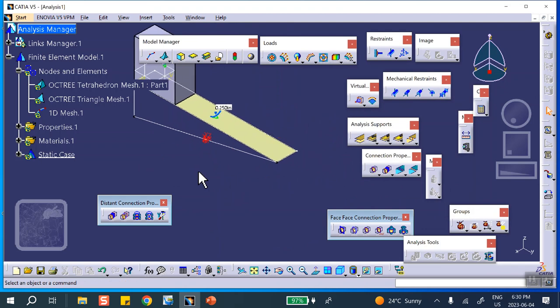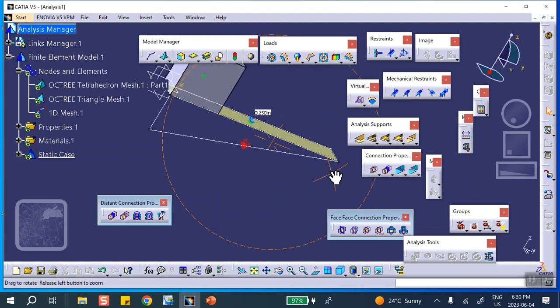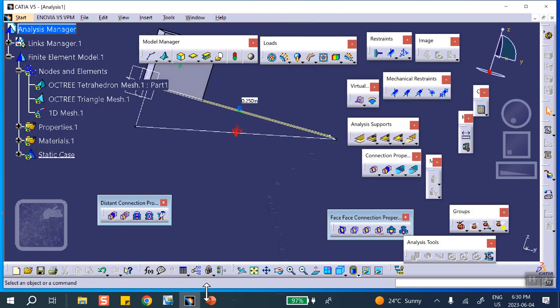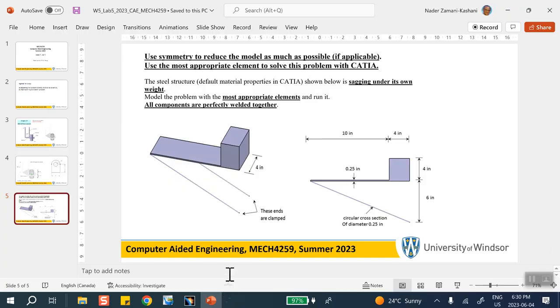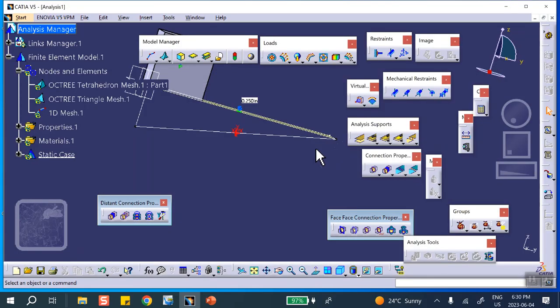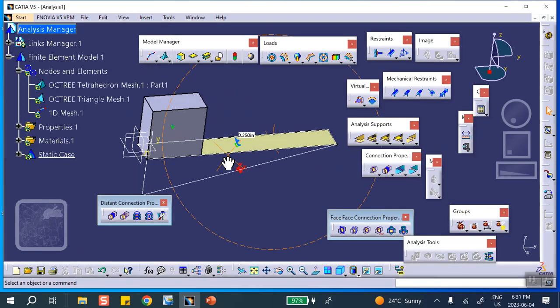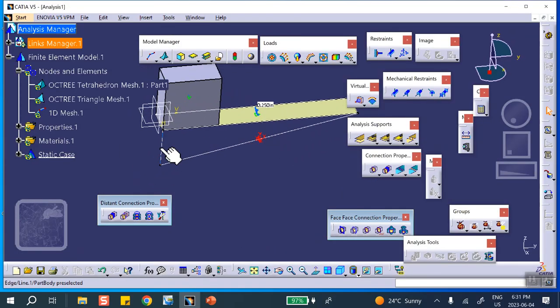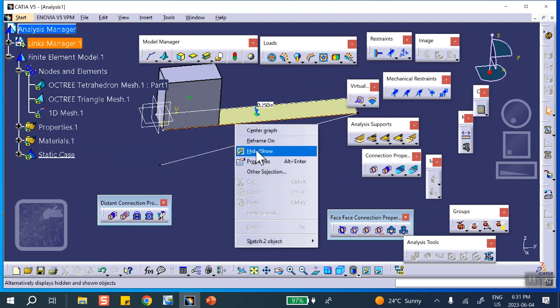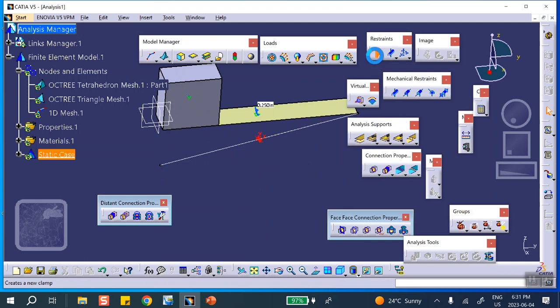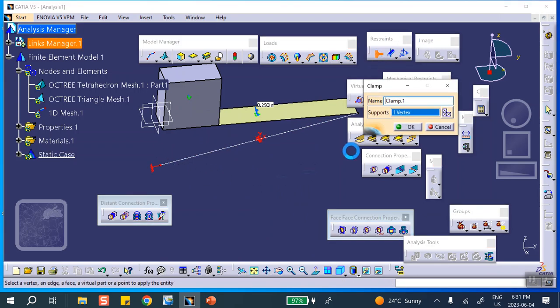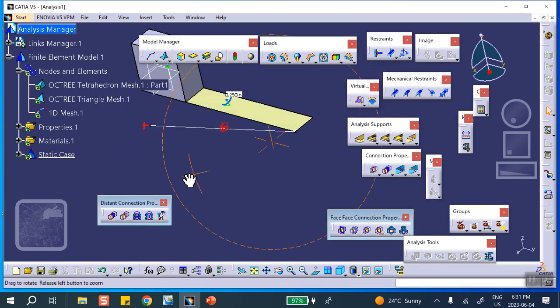Good. Now we're going to apply the conditions that are given. We were told that these ends are clamped. Okay, so let's hide the stuff that you don't want. I don't want to see this, I'm going to hide it. I don't want to see this sketch, I'm going to hide it. Okay, so clamp this end. Very good. On this side,